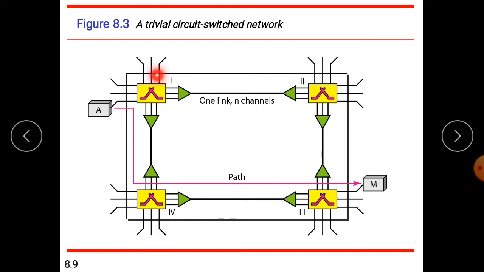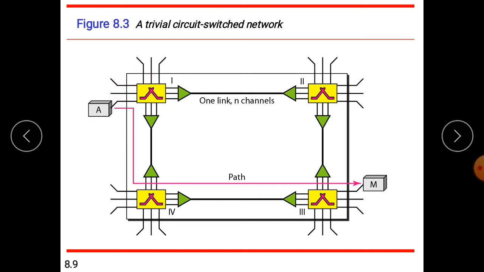Usually this multiplexing is implicit, but it is shown here just to show that one link is divided into 3 different channels in this case. A and M are the end systems. These may be either computers or telephones that are directly connected to the switch.